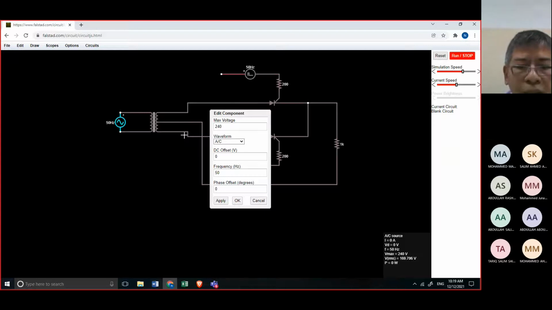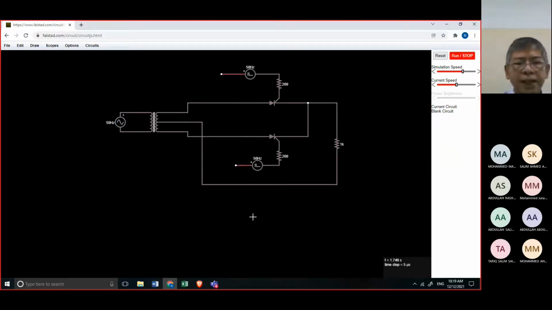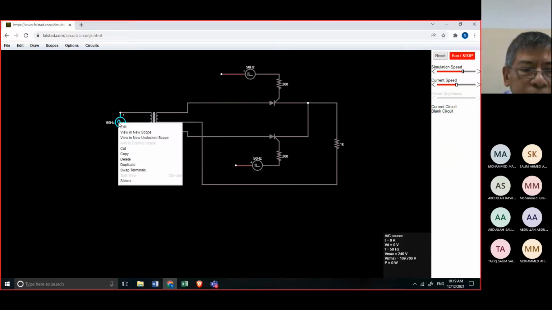So 120 plus 120 is equal to 240 as a total input. So with respect to the secondary, as I told you, 120 and 120, and then this is our ground. This is positive, and this is our negative. Okay? So click OK.